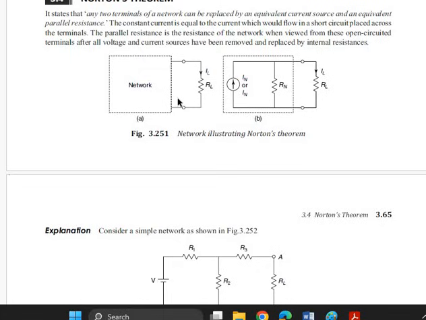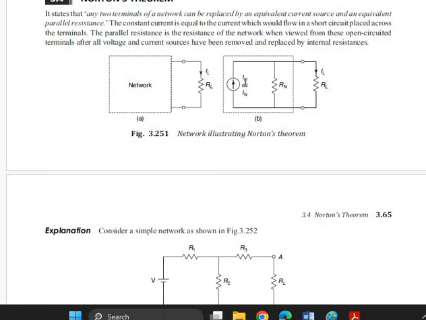This is considered as a network circuit. It is nothing but a network. A load resistance RL has been connected across it. A load current IL is flowing through the RL. The final equivalent circuit after solving Norton's theorem,